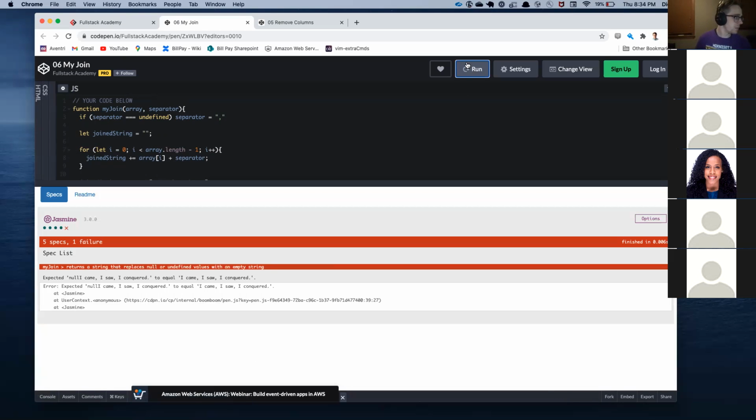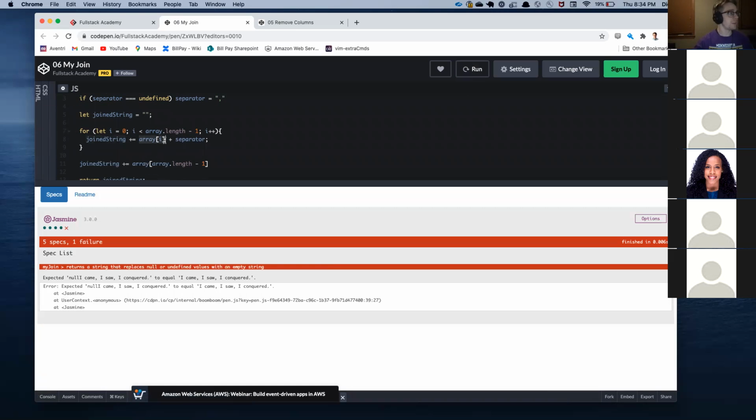And there you go. Returns a string that replaces null or undefined values with an empty string. Okay, cool. So I could go through each of these, and if array at i is either null or undefined, replace it with an empty string. So I could say like array at i is equal to null, or array at i is equal to what was it, undefined, then say